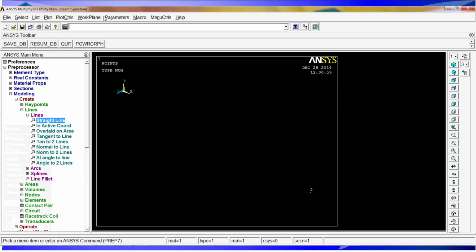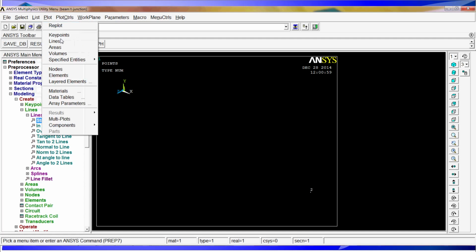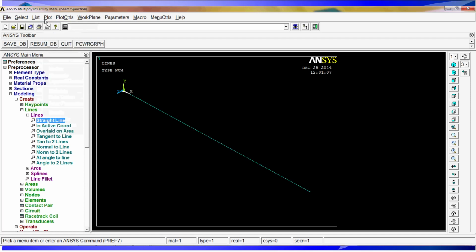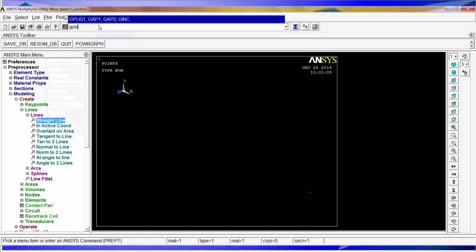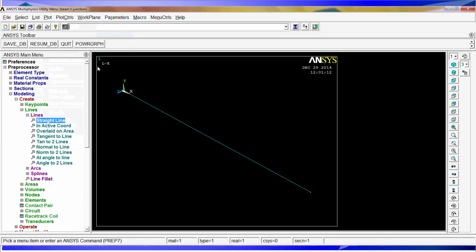You can always plot the lines or the key points, or you can go here and use the gplot, which means global plot, that shows you the lines and the key points. This is usually a better way to work because the global plot allows you, especially if the models are easy, to see what's happening everywhere. Okay, so now the next step is going to be